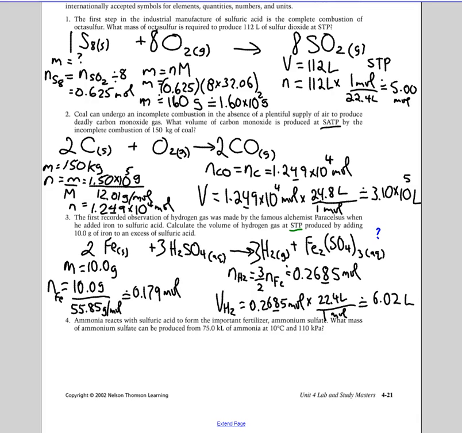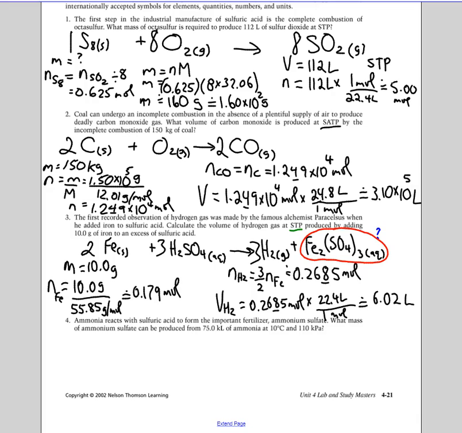Mole ratio between iron and hydrogen is 2 to 3. Now what ends up being relevant here, although iron(III) sulfate is not a gaseous product, the formation of that affects the balanced reaction equation. So that was relevant because now we have 1.5 times as many moles of hydrogen formed as we start out with moles of iron,